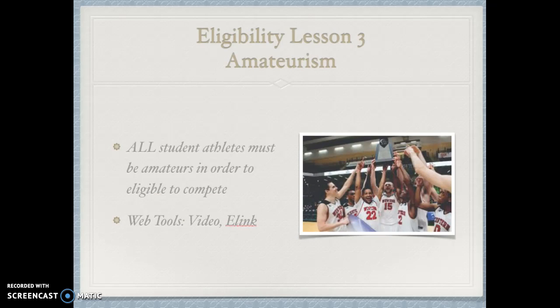My third lesson would be on amateurism. So all student athletes must be amateurs in order to compete and be eligible. So the web tool I would use for this, I would create a video to send to coaches, so that would really just kind of describe what exactly amateurism is and how to make sure that their student athletes are exactly amateurs